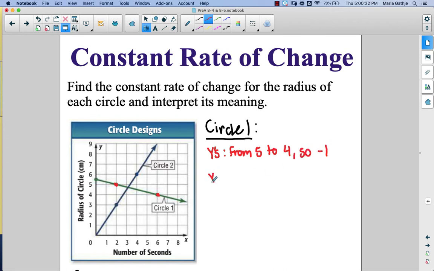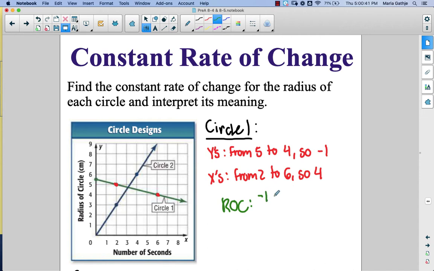Then I want to look at my x's. And when I take those 2 points, I started at 2 and I went over to 6. So from 2 to 6, that gives me 4. Then my rate of change value